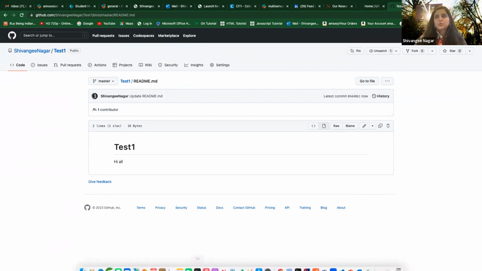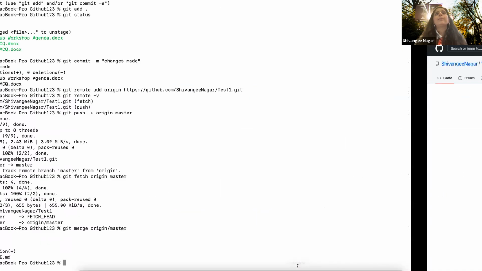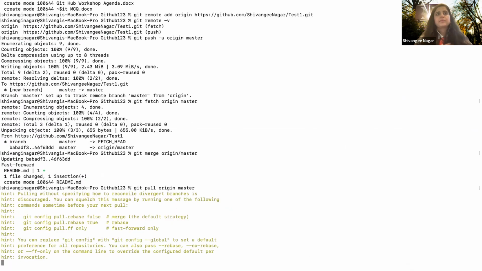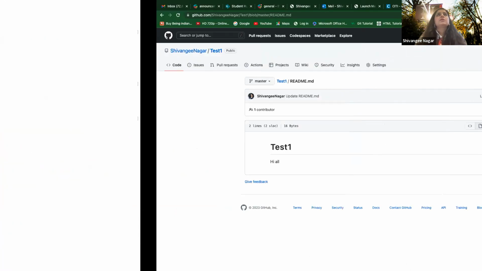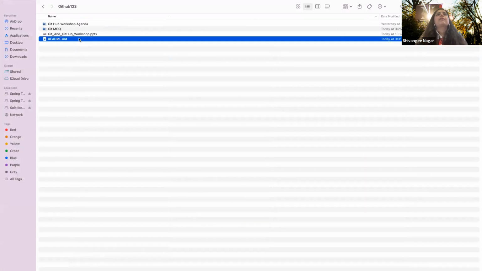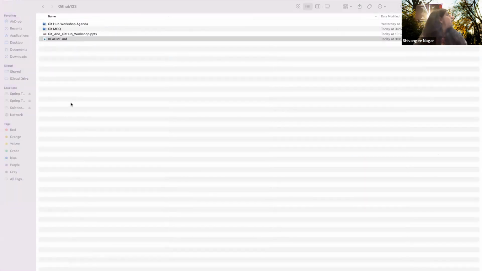The two commands that I used here can also be done with a shortcut, which is git pull origin master. And the same thing happened here. So now again, I have my file, and it shows you hi all as well. So that means it's changed. Cool.